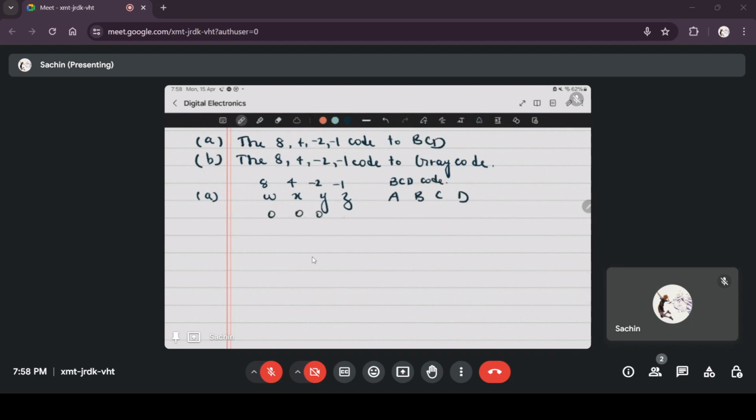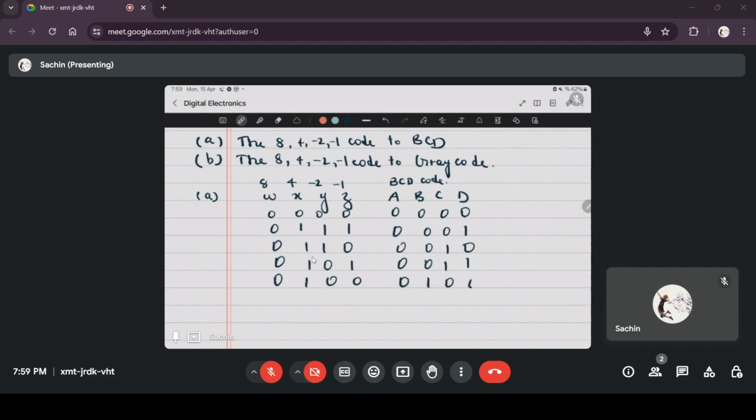0 0 0 0 will be 0 0 0 0, 0 1 1 1 will be 0 0 0 1, 0 1 1 0 will be 0 0 1 0, 0 1 0 1 will be 0 0 1 1, 0 1 0 0 will be 0 1 0 0,